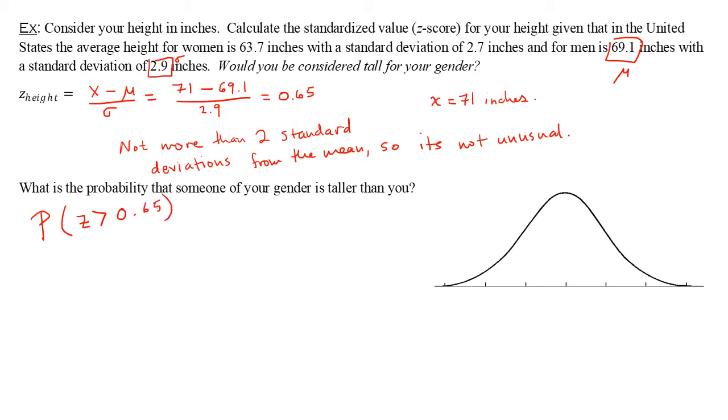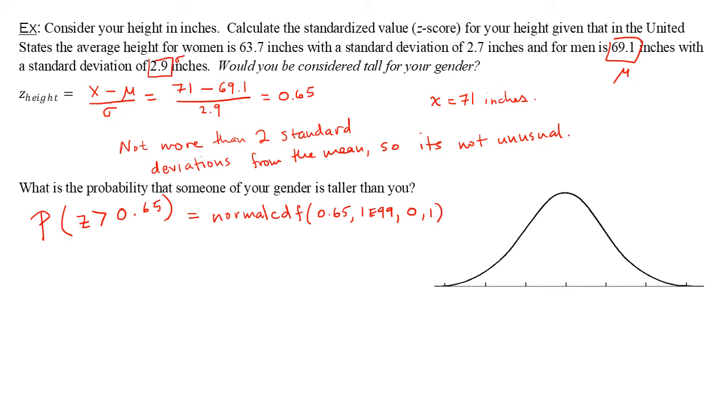So that's thinking of it now as it relates to the standard normal distribution. If I were to compute it this way, I would stick to how we were doing it before, where I'm going to use the normal CDF with a lower value of 0.65, an upper value of any large number,